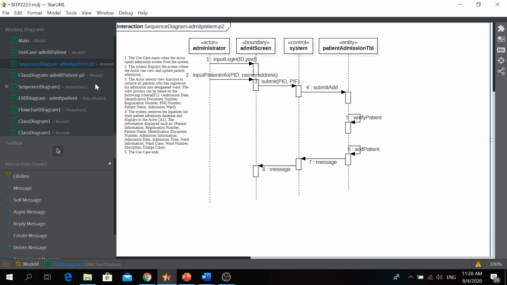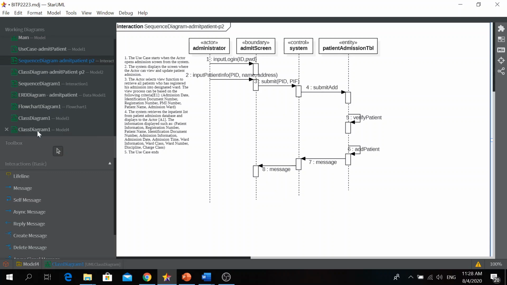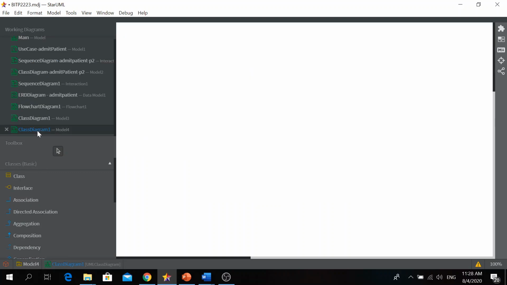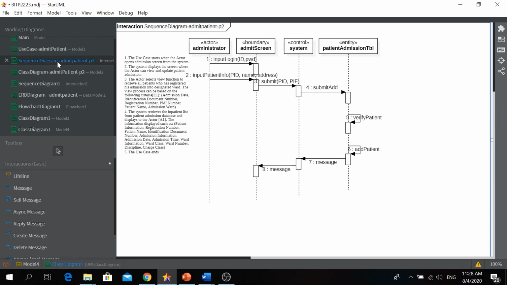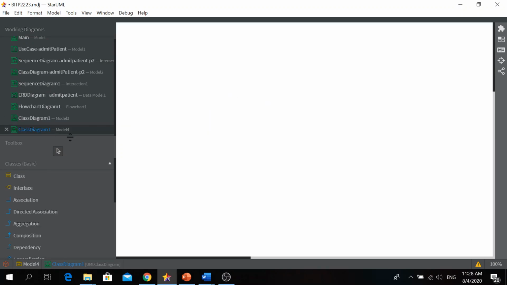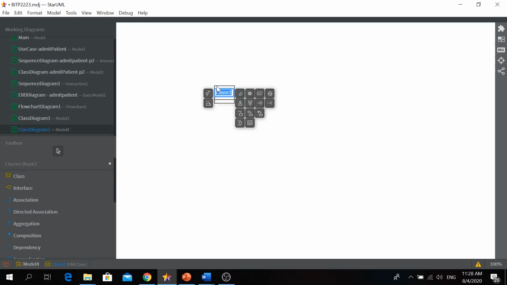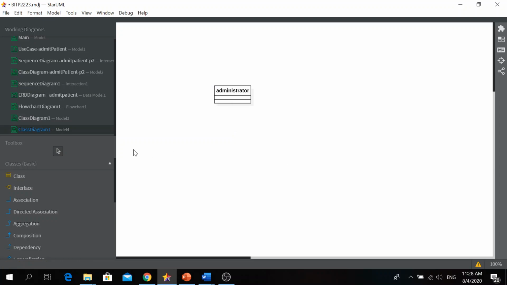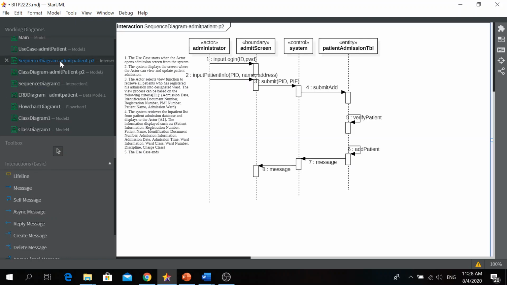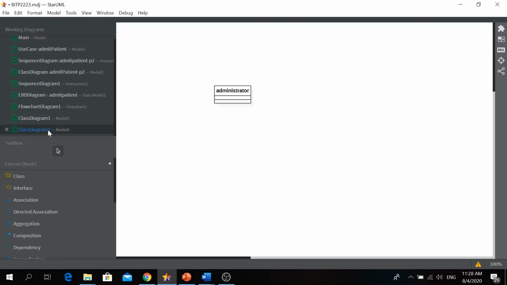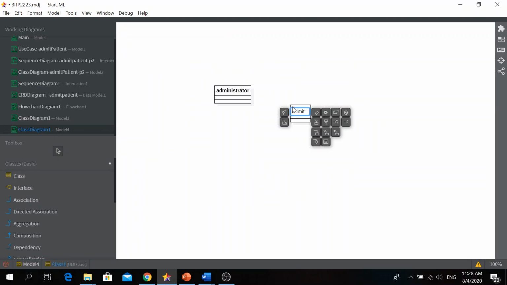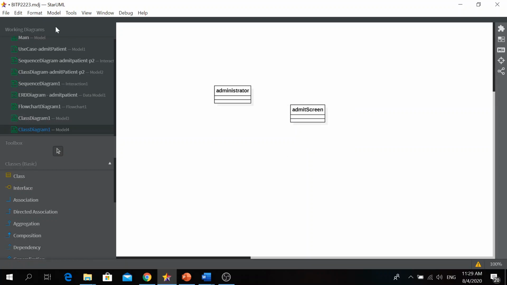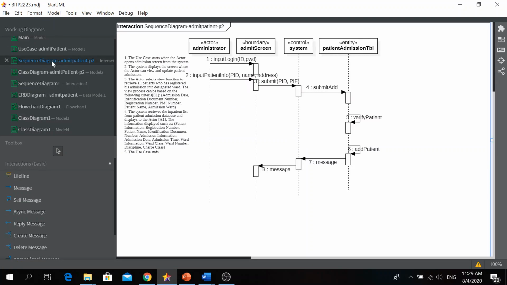So we have the administrator, and the admit screen. And then we have the system and the patient admission table.